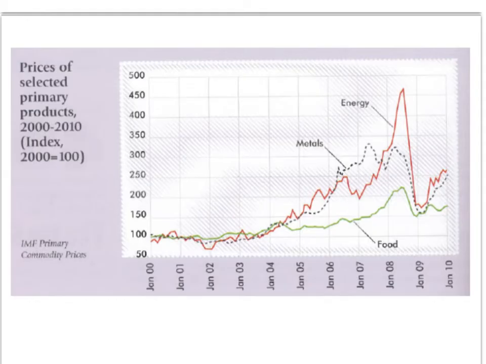And of course, a big difference in terms of the types of commodities that are exported by Africa compared to more developed regions is that Africa mainly exports what we call primary products, so crops and raw materials. The problem here is that the price for these types of commodities, as you can see on this graph, tends to be very volatile.